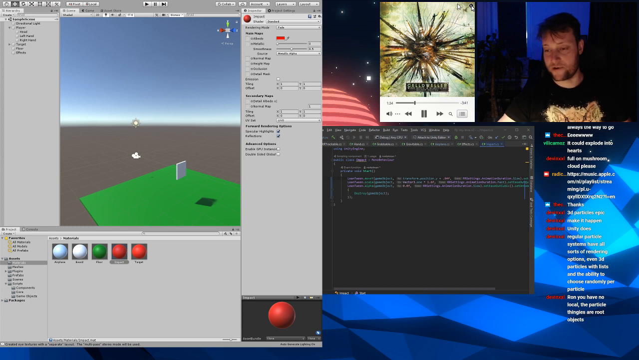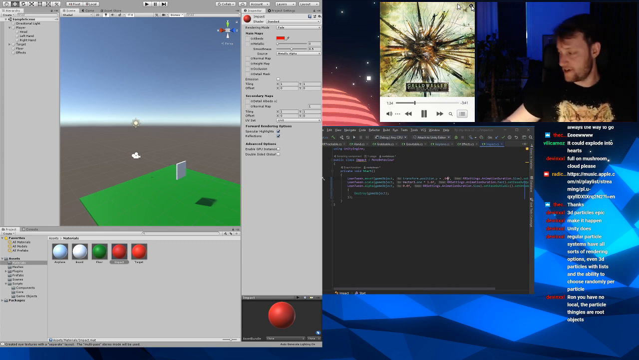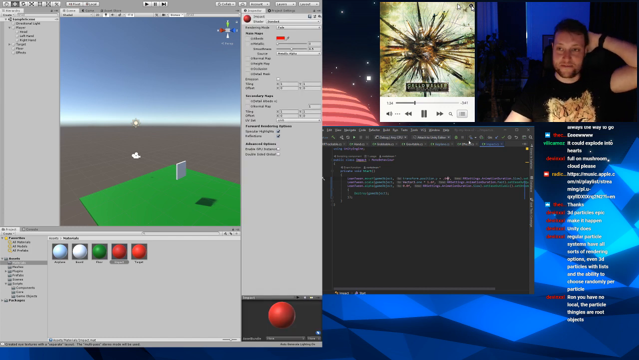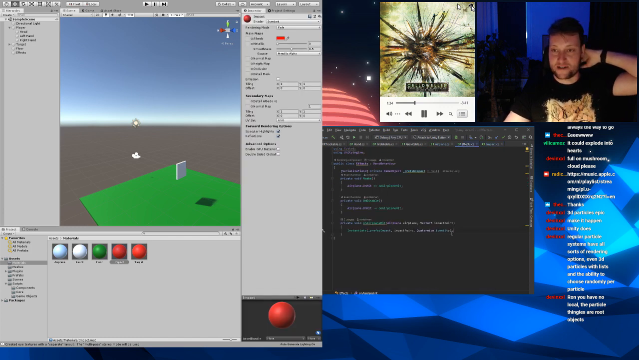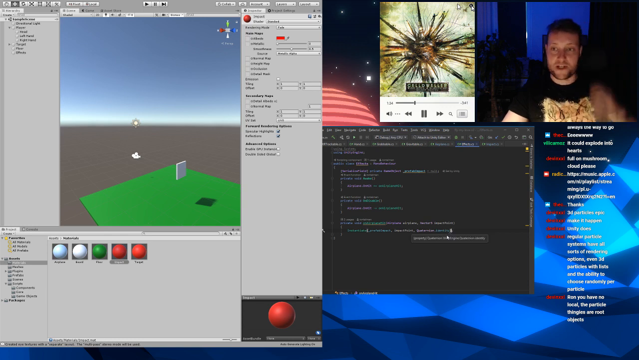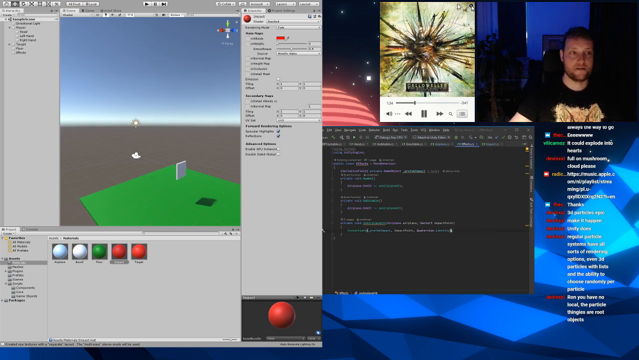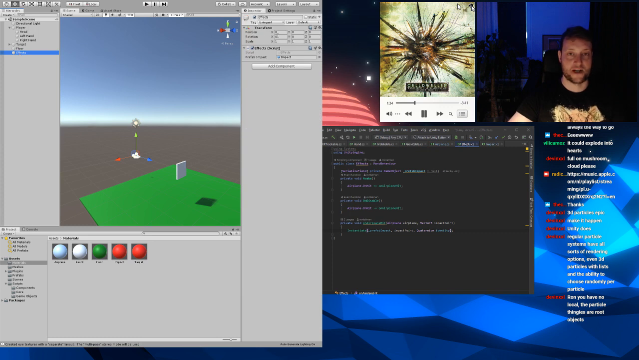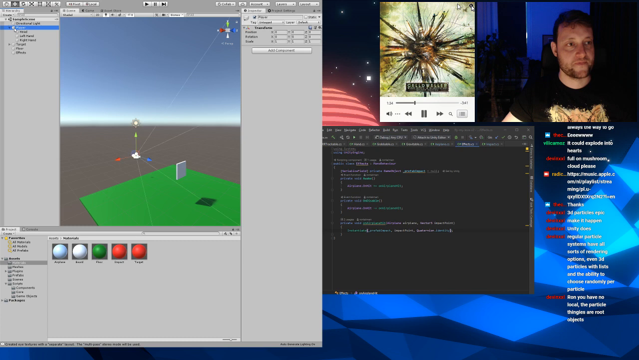You have no local. The particle things are root objects. Yeah, you're right. That's the conclusion. I'm not adding them to any parents. I'm not even sure if I should. I could actually. Why not add them to effects? It's at 0, 0, 0. Doesn't matter much in this case. But you usually want to keep the scene graph pretty clean. Anyway,